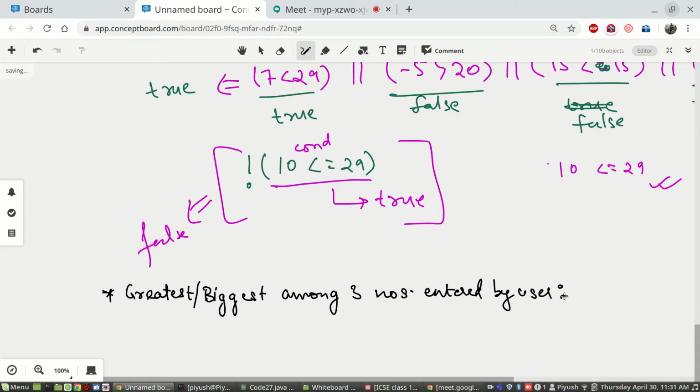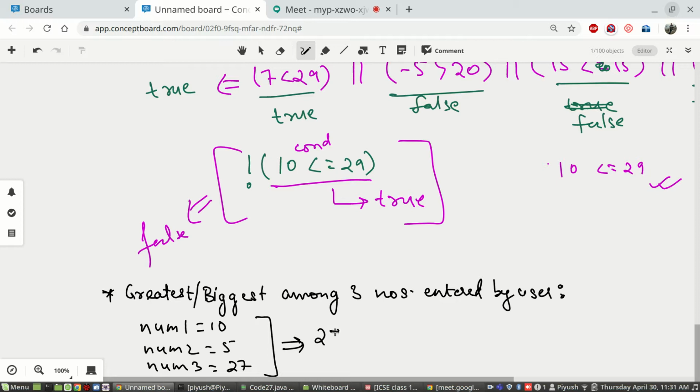Okay. So let's say the user enters three numbers, num1 is equal to 10, num2 is equal to 5, and num3 is equal to 27. So this program will consider all these three numbers and will print which one is biggest. So what should be the output?